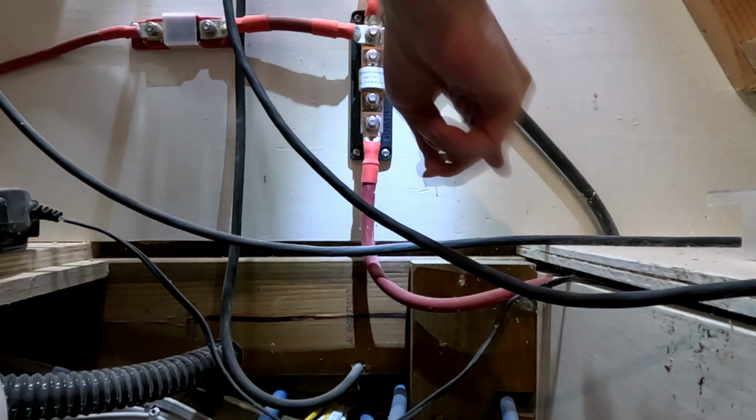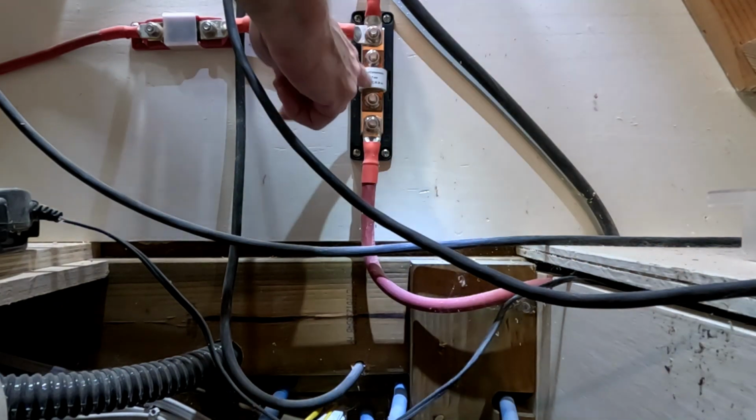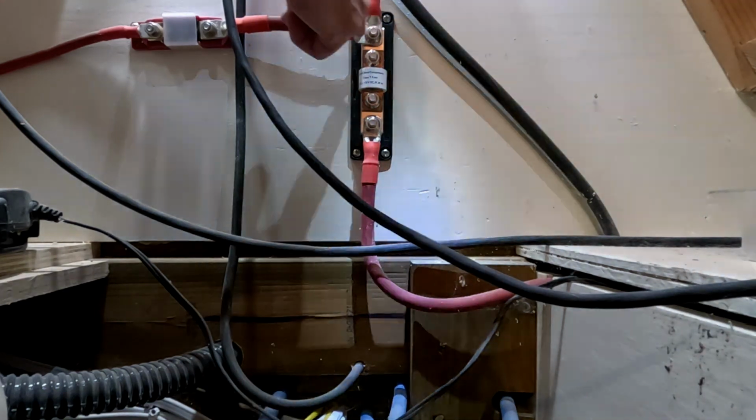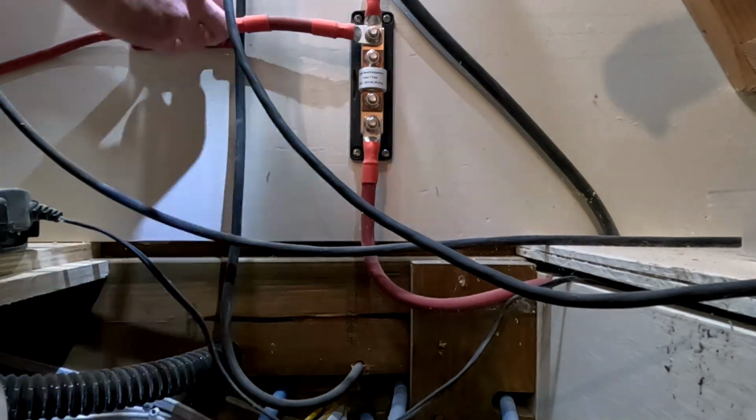But anyway, so our power comes from our house batteries, comes in here, goes to this big fuse here, which protects basically everything in the batteries. Then we come off here, and we're going to a smaller, and this is a...